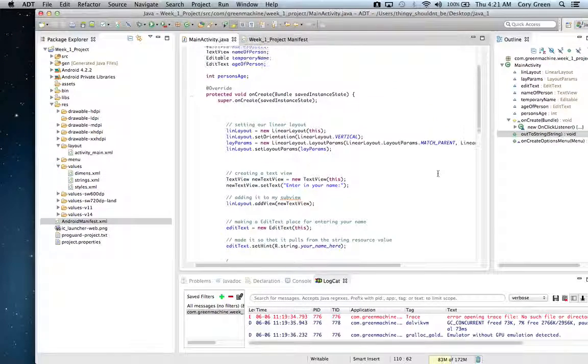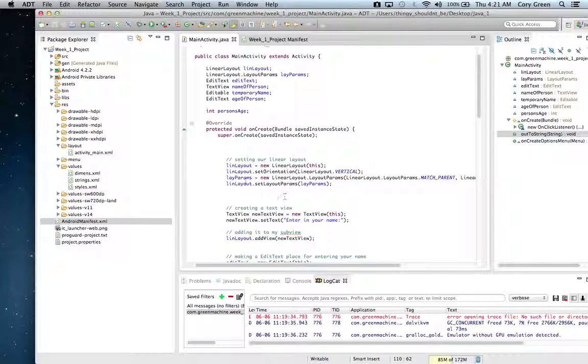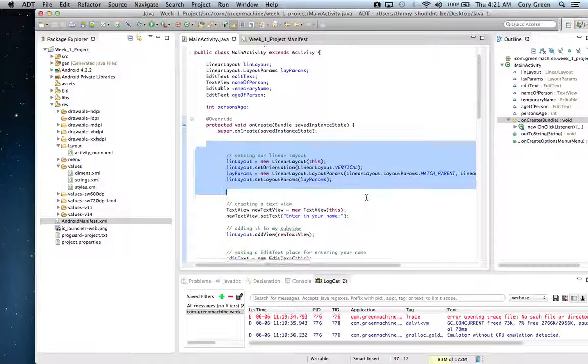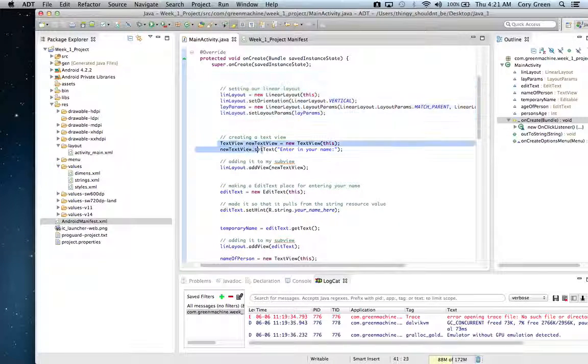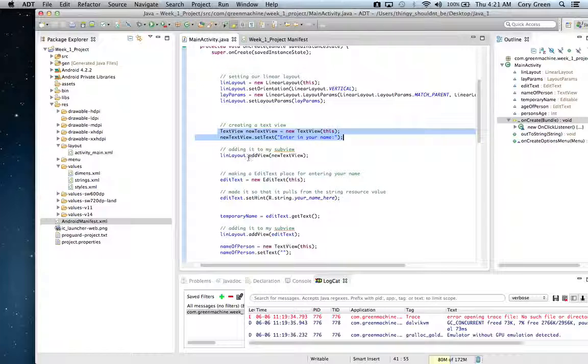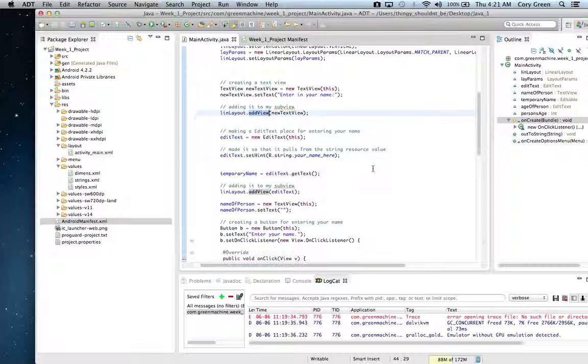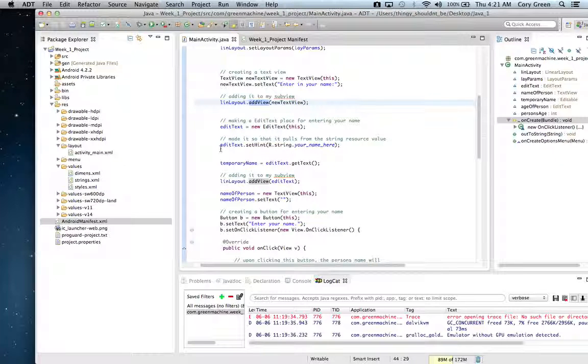So starting from the top, we define our linear layout, and that is essentially right here. We have a new text view that gets generated right here, which is enter in your name, and it gets added to what would essentially be the subview. Further down we have another edit text button, which is the field in which you actually click on and enter